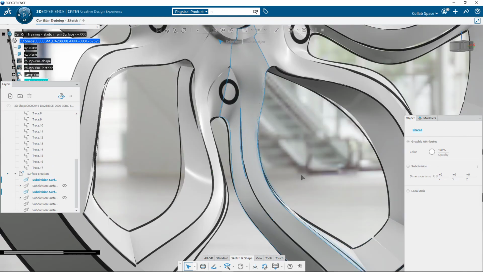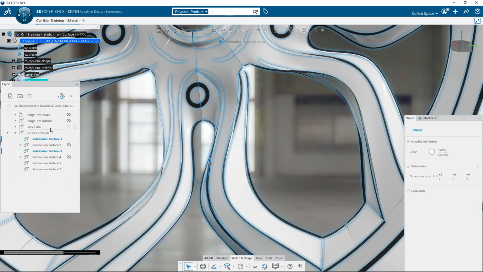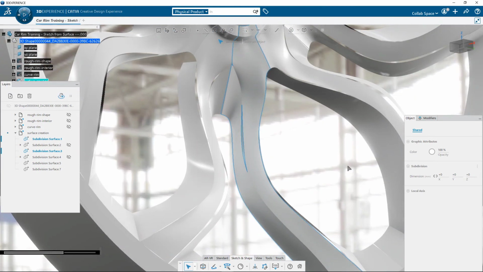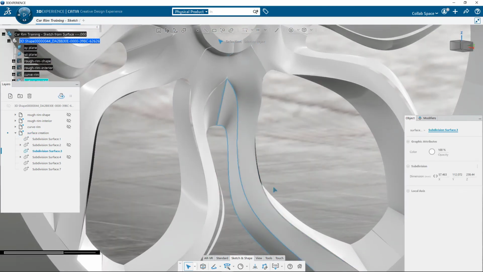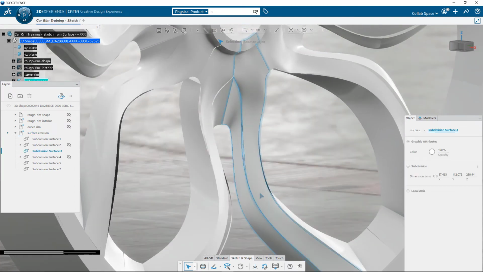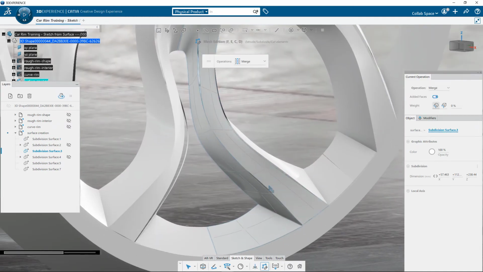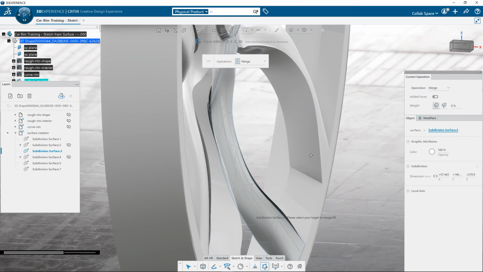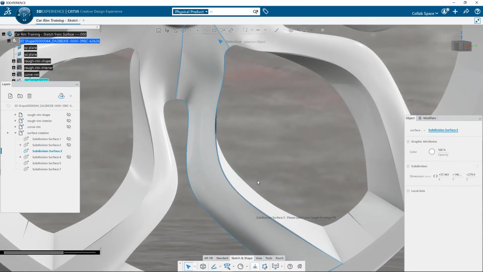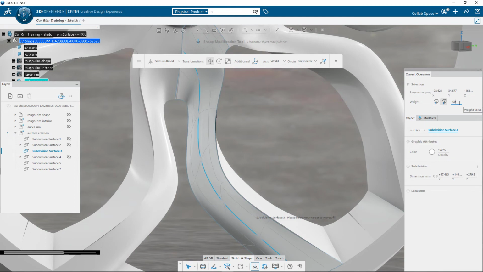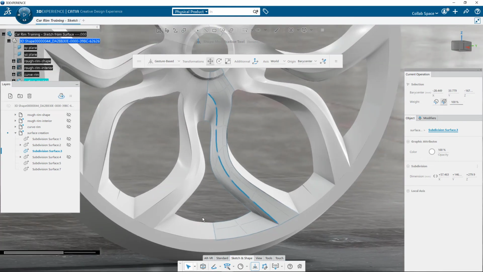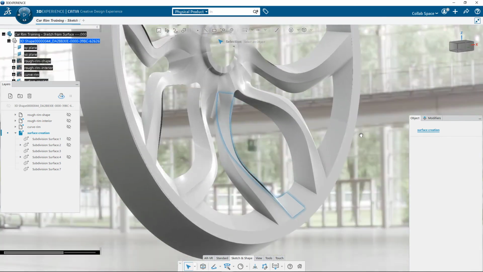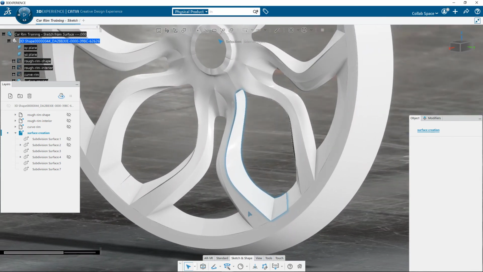For the rest of the merging operation, I hide the layer that contains the curve network to have a better visibility on the surfaces. Then I select the surface I want to merge to isolate them and launch the Mesh Refine command again. Here I use the linear propagation to select both edge lines to merge together. I add some weight as well with the Transform command. I finish by merging the two last parts together to form the final rim stick.